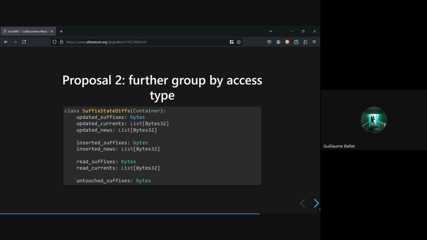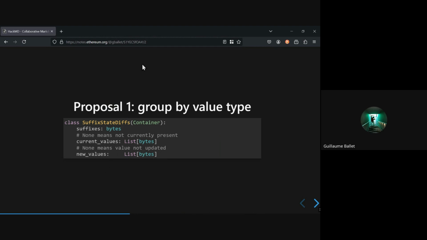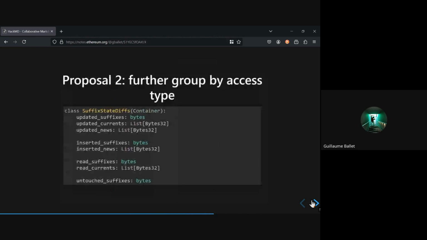I wanted to suggest to use the better one, so the one that has been implemented. So this one for the new testnet would require CLs to implement it. But we don't have a lot of client devs today, so let's push the decision to a different time, I guess. But that's the idea.